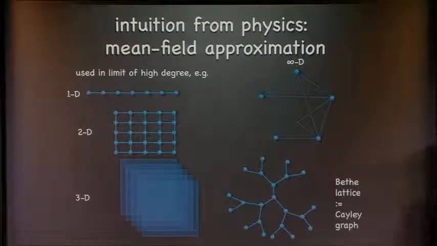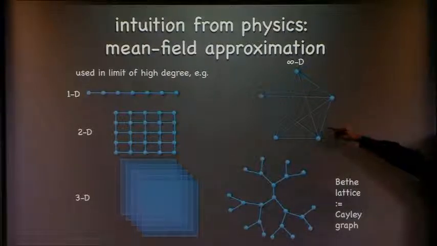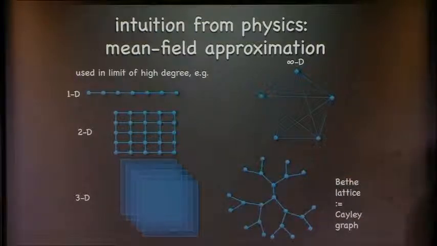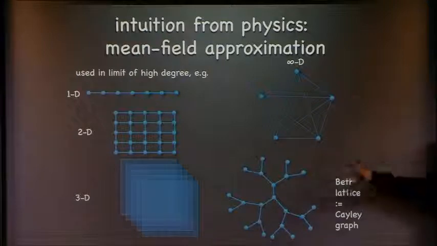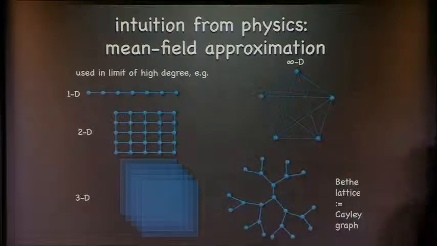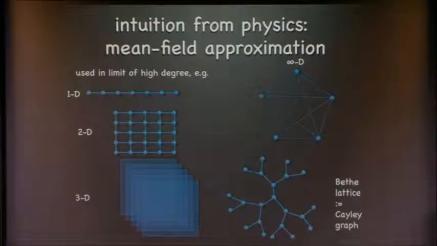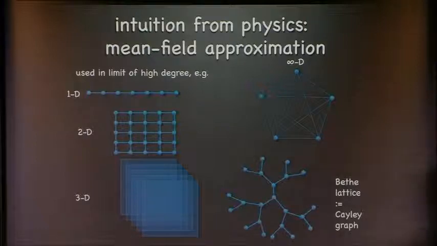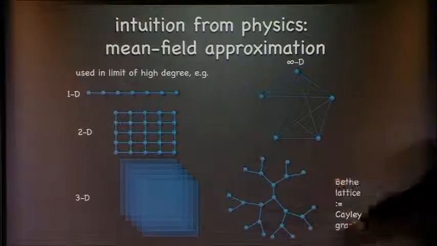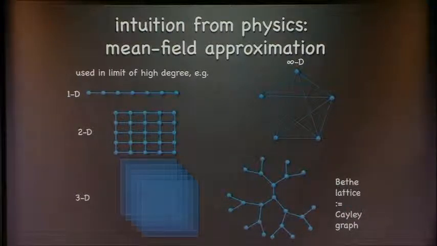What people do in physics often is they just pass to the limit of infinite dimensions and interpret it as either a complete graph or this infinite tree. And you can often prove in these cases that entanglement is not an important part of the solution, that you can neglect entanglement for the purpose of the solution. And then you can reason if it's true here, then probably it's true for high degree in general. In fact, it's a good enough approximation that it's often already true in 3 dimensions. So already in 3 dimensions, there are many cases when it's described well by this mean field intuition. So it's been a pretty productive way of thinking about a lot of systems.